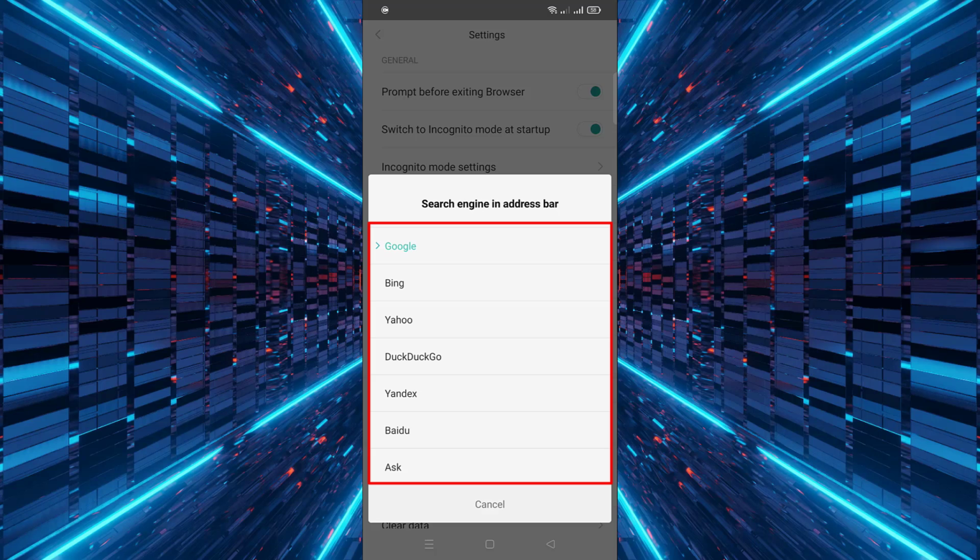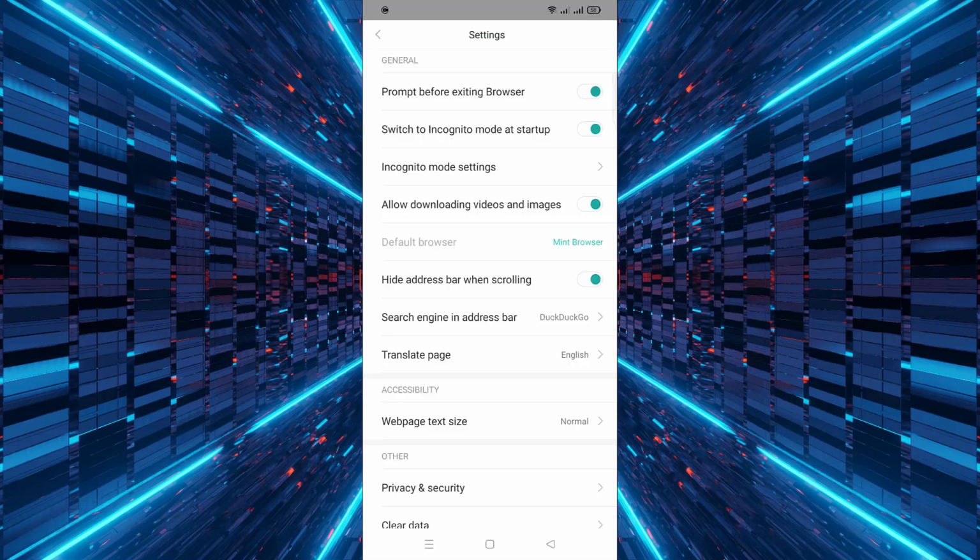Finally, select the search engine you want to use, and it will immediately become the default option for your address bar searches. From now on, any search you type directly in the address bar will use your chosen search engine, making browsing faster and more